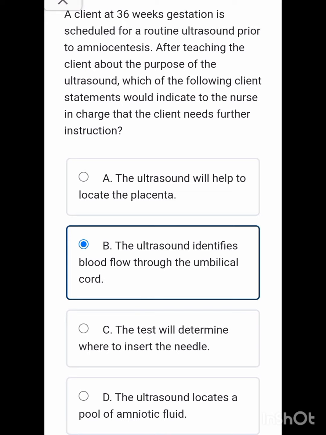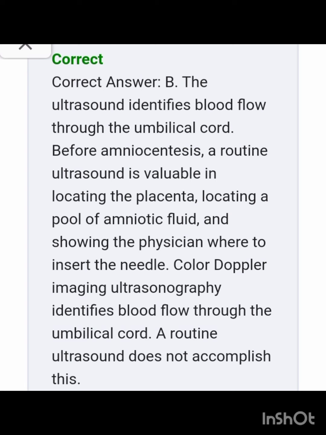So here, the ultrasonography will help to locate the placenta, that is right. The ultrasound identifies blood flow through the umbilical cord, this is wrong. The test will determine where to insert the needle, that is right. And the ultrasonography locates a pool of amniotic fluid, this is right. So the correct answer is that only: the ultrasound identifies blood flow through the umbilical cord. This answer is given by the patient. Actually, umbilical cord blood flow can be detected with the help of the Doppler,